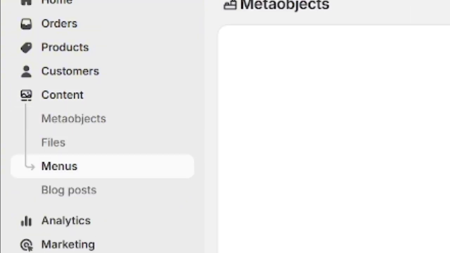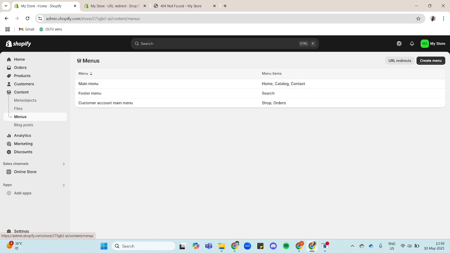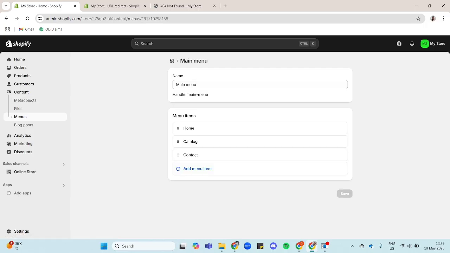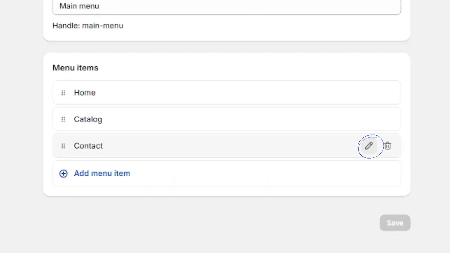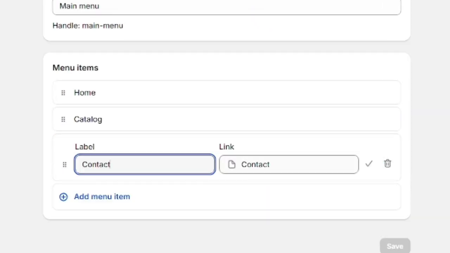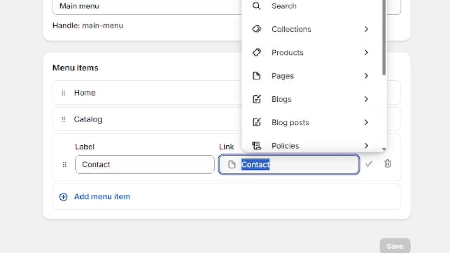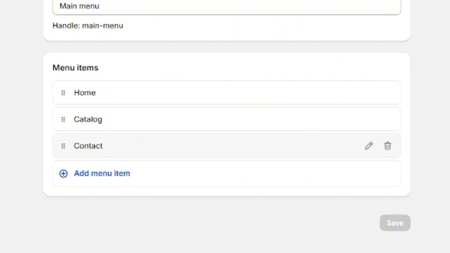Then click on Menus. So for example, the 404 error problem is in the contact page of your store. So let's just click this main menu icon right here, since that's where the contact page is. And then click on this pencil icon right here. And you have to make sure that you are redirecting your customers to the correct contact page. And then just click on this check icon once you're done and click on the save icon once you're done